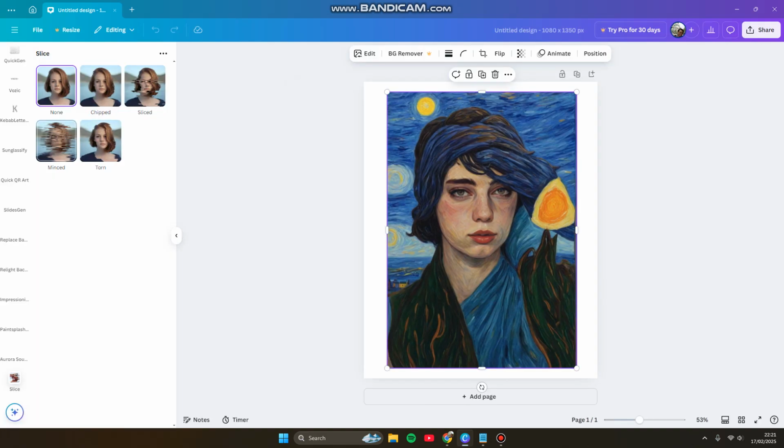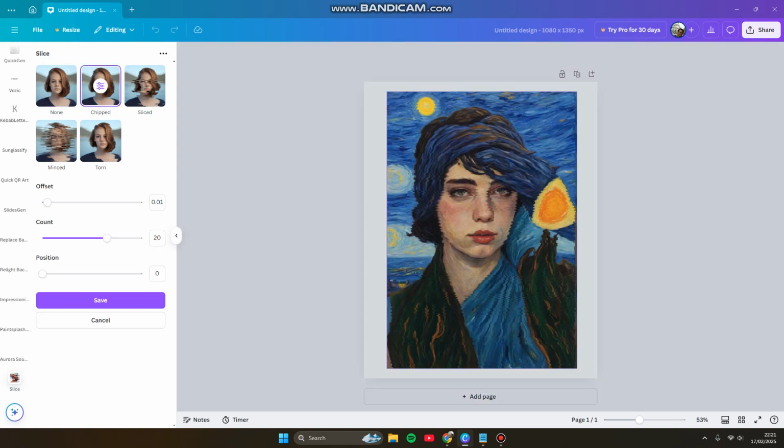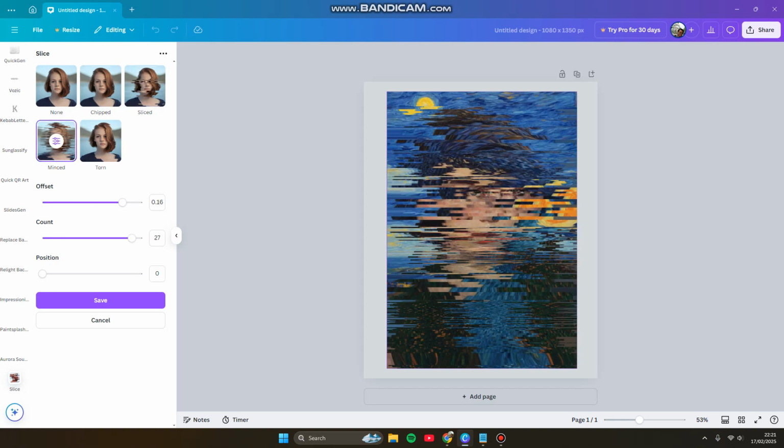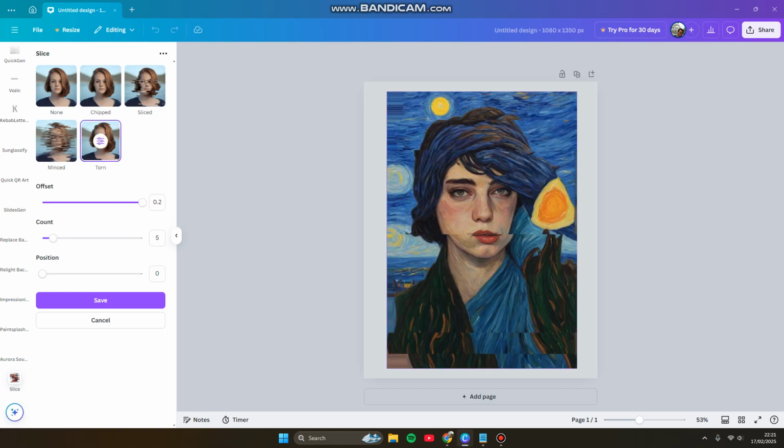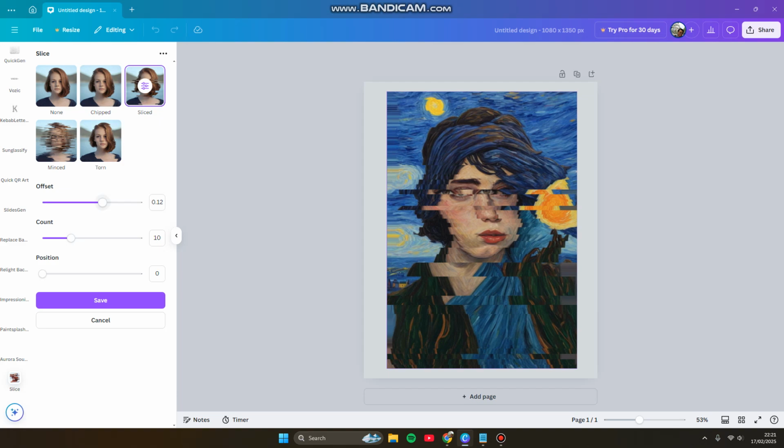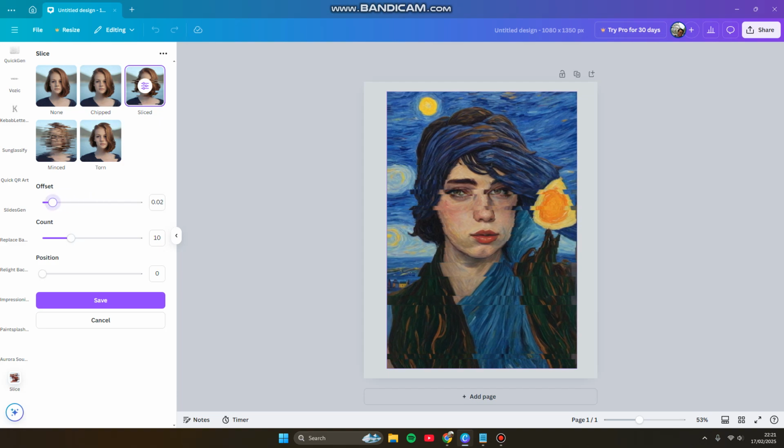So here, this is the slice one. So you can adjust the offset,